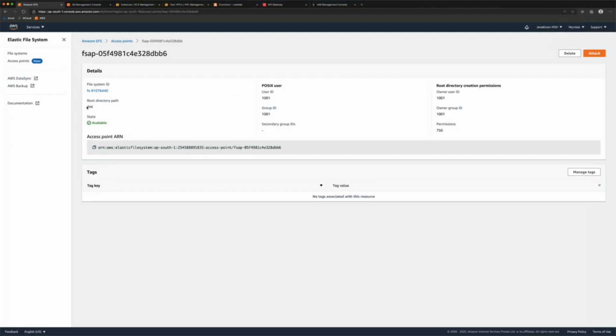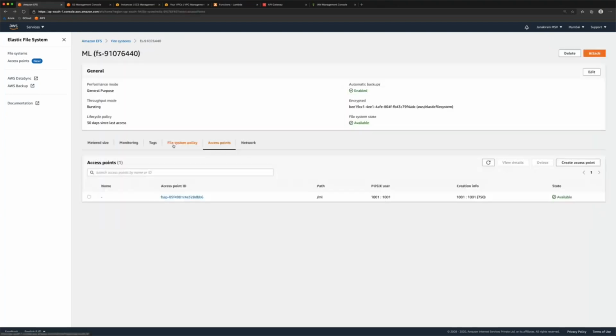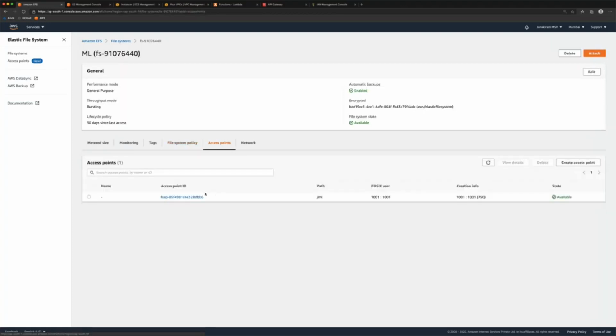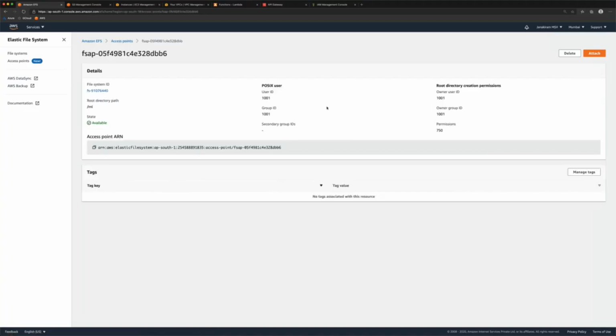So this is going to be exposed as /ml to the outside world. So that is the root directory path, and it holds a lot of significance. And then we also need to create the access, particularly for the POSIX user. So as you know, in Unix and Linux, file system permissions are based on the UID, group ID, and so on.